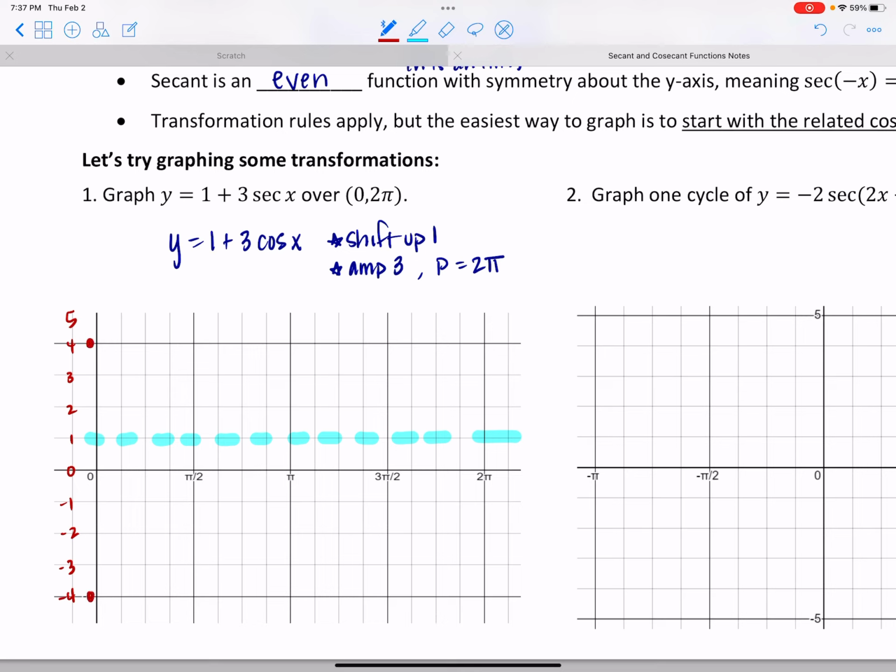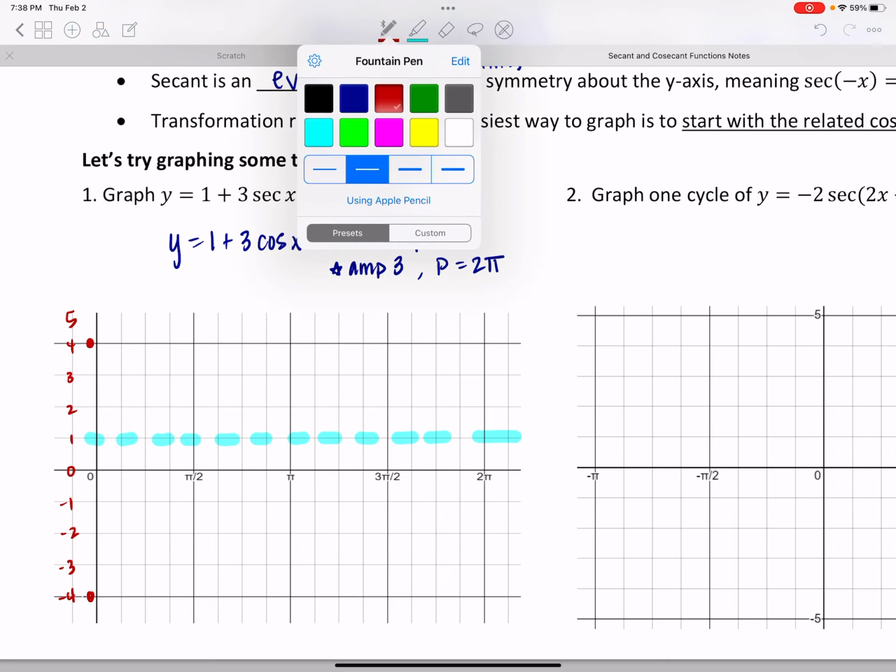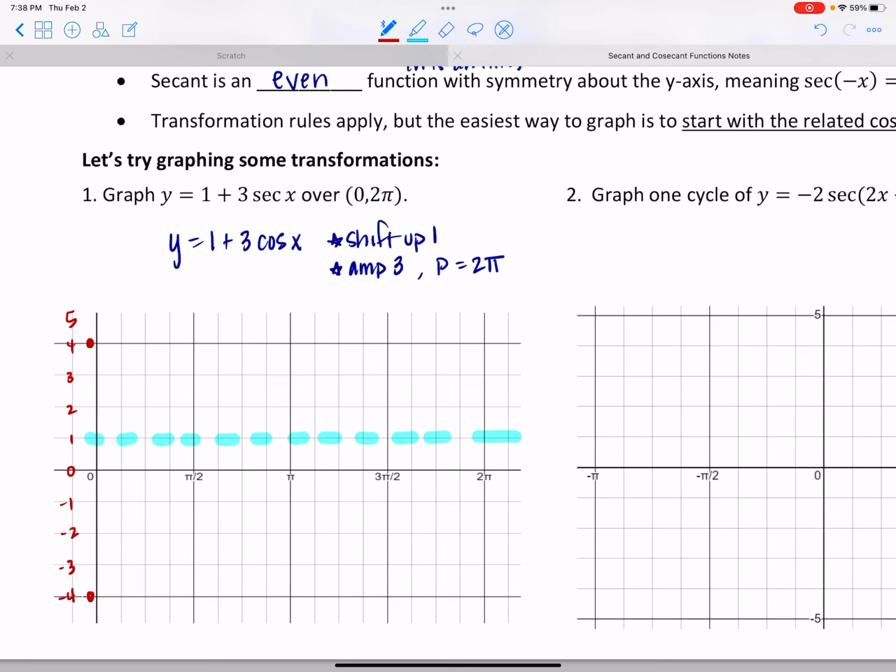So we're going to shift up 1. Amplitude going to be 3. So from the midline, we're going to go up 3 and down 3. And that cosine, remember, starts at its maximum. It's just 1 higher than it was before. So for up 3, we're going to start